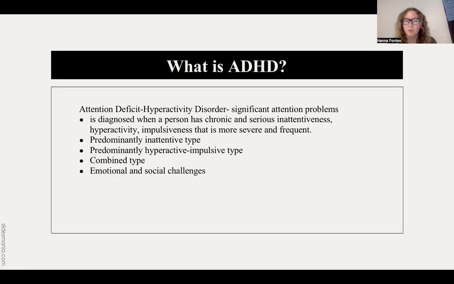The other type is hyperactive impulsive type, which is more of that out of control physical impulsiveness. This might be the student that is blurting out in class frequently, and they tend to act before they think. There is also the combined type, and so that can look like a student that has both of those, more of that physical and impulsive action or characteristics, as well as that kind of seeming to be distracted and